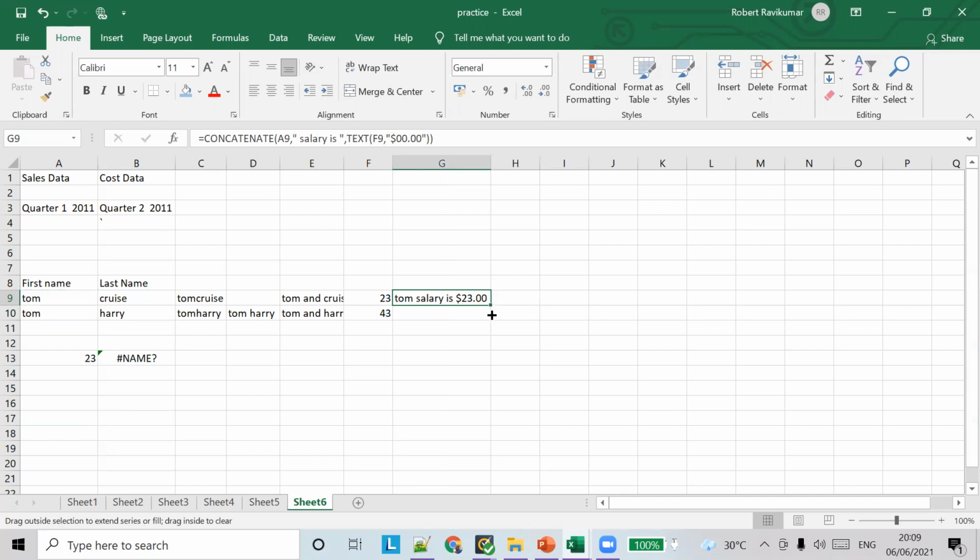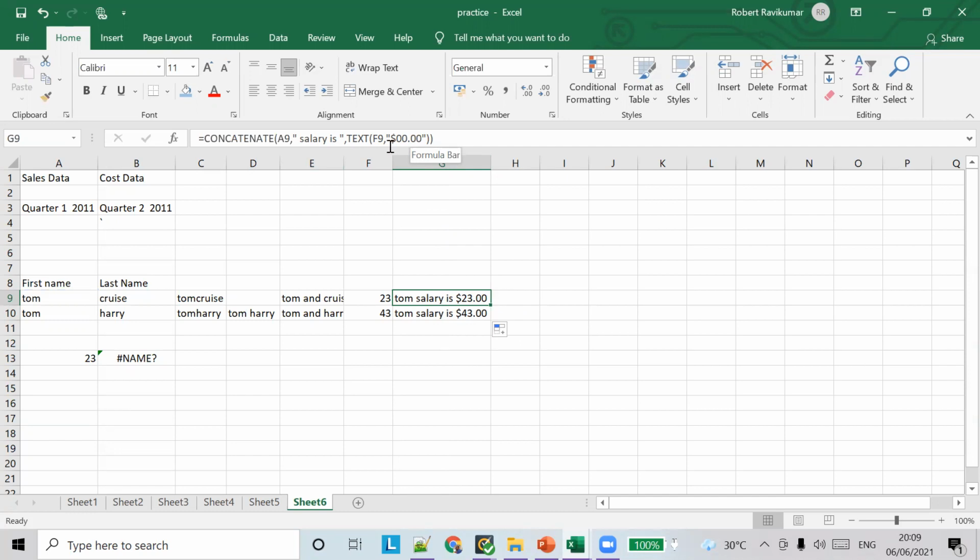You see the formatting. These kinds of formatting can also be done using these functions. I've just used the text formatting to change the number into a particular text format. Instead of giving a number, I've added some values.